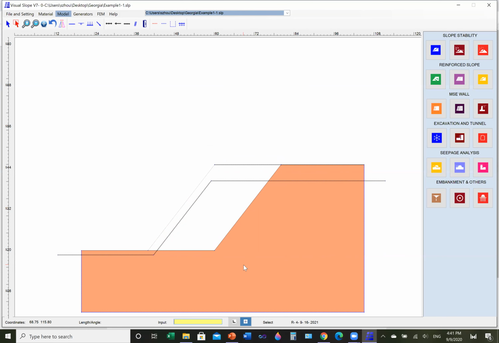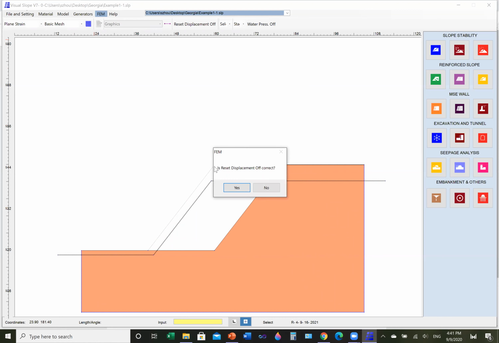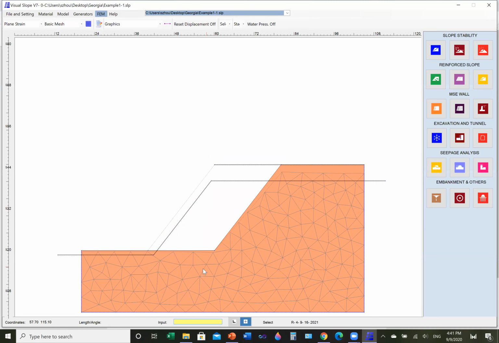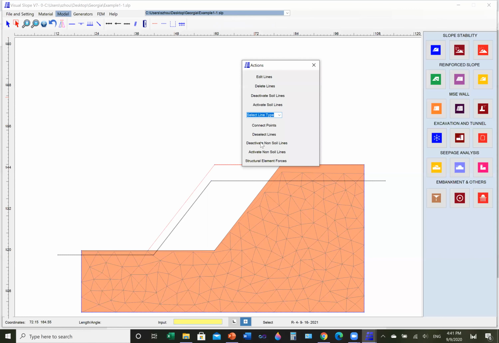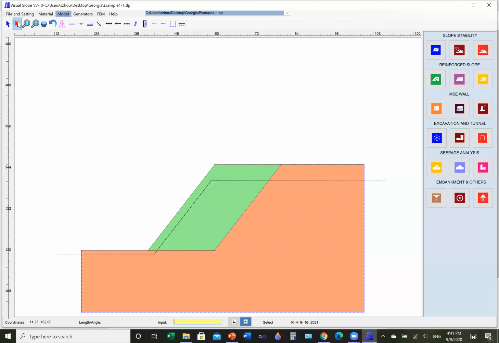And once we finish that, we go back to finite element. We click. So the reset is off. Reset, fine. First step. So we have the deformation, but this deformation we actually are not interested in because it's caused by the brown material itself. So that's the first step. The second step, we go back and put these lines back. And also,